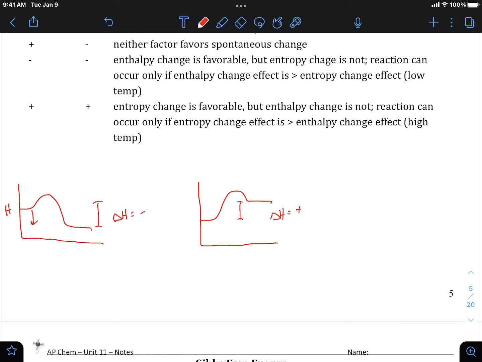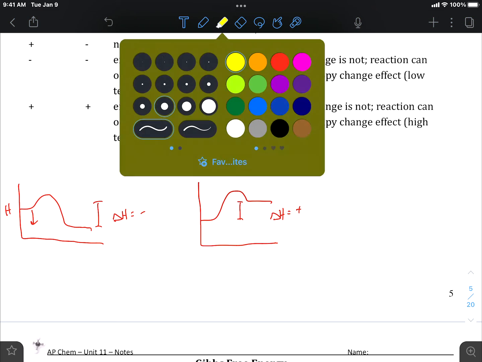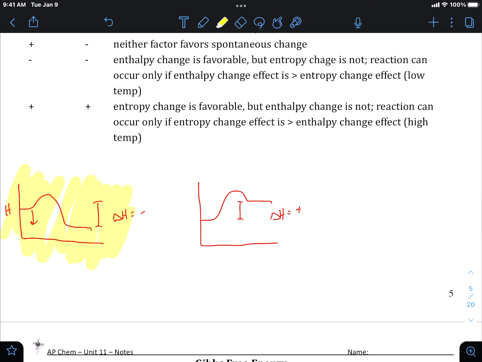Okay. So, nature has a tendency to reduce its energy state. You remember me saying this? This is kind of like a theme. It's always in the background of everything that's happening. So, between an endothermic reaction and an exothermic reaction, exothermic reactions are generally favored because we are lowering the energy state. Okay, so that means negative